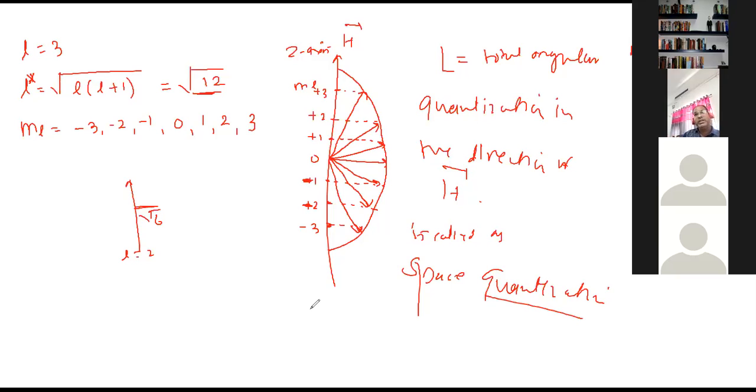We have considered 3 quantum numbers N, L, and ML, which determine the space quantization of orbits of electrons with the magnetic field. Okay, so what is the next part? The second part is the vector atom model. What is this? The concept of a spinning electron, so electron spin. Is it right?